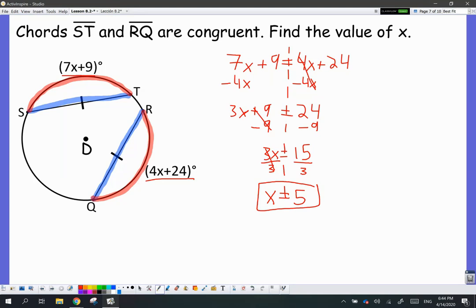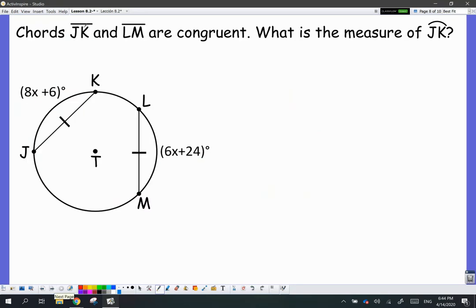Let's take a look at one more example. Chords JK and LM are congruent. What is the measure of arc JK? So now I'm looking for the measure of this arc. But since these two chords are congruent, I know that these two arcs must also be congruent since they correspond to the congruent chords, which means I can set up my problem just like I did earlier. This arc is equal to this arc. So I have 8x plus 6 equals